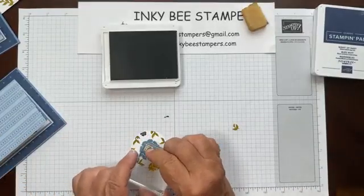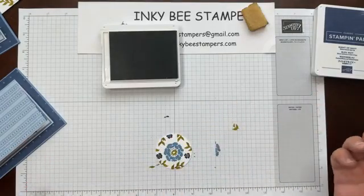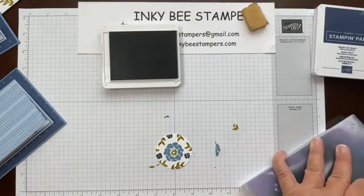Let me get this one turned this way. And I just want to make sure that kind of looks even. It does. And I've got an ink mess here, so let me get that cleaned off before I...